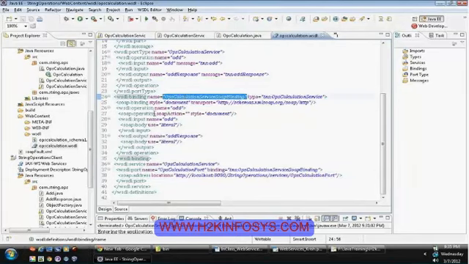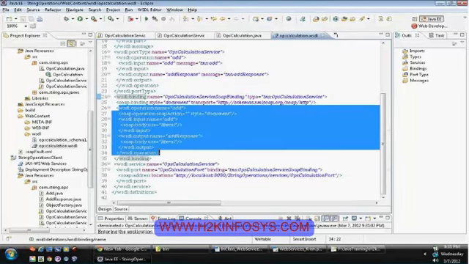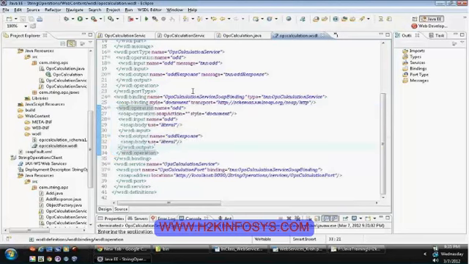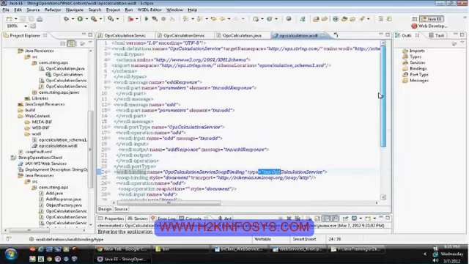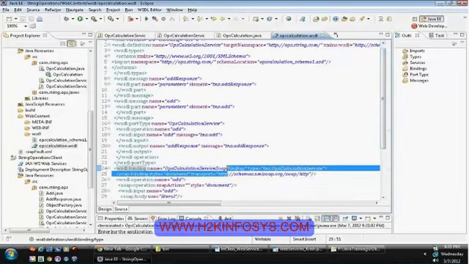Your binding element will contain all your operations. This one is related to this one, and your port was related to binding, and your binding was related to, go to the port type. Your binding was related to this particular port type.